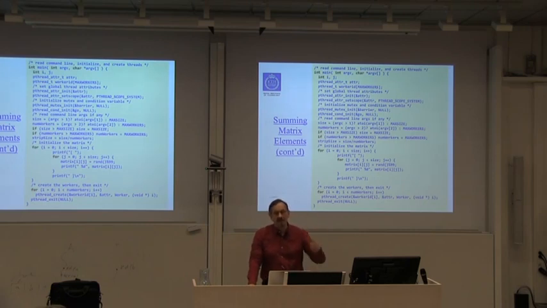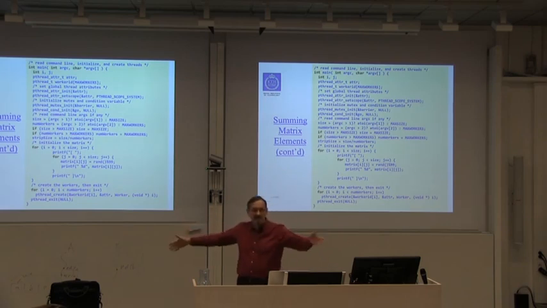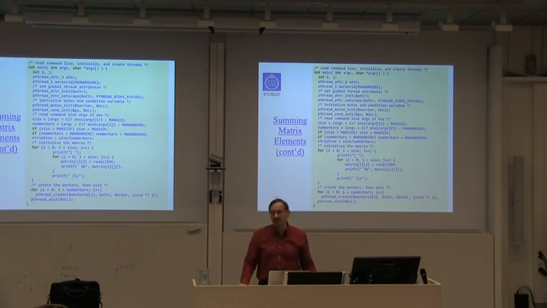And this access to the global total becomes a critical section. Also, in this case, you might not even need to use a barrier, because whenever a worker is ready, it will put its result into the global total and can just leave. It doesn't need to wait for others. That's why I said don't use a barrier